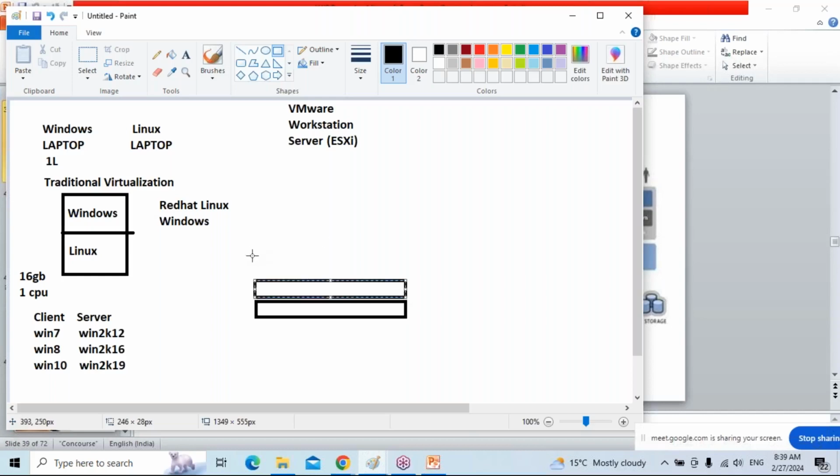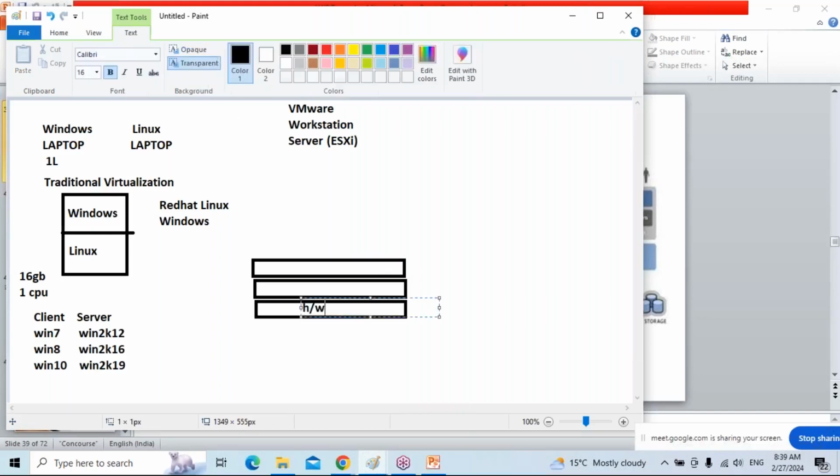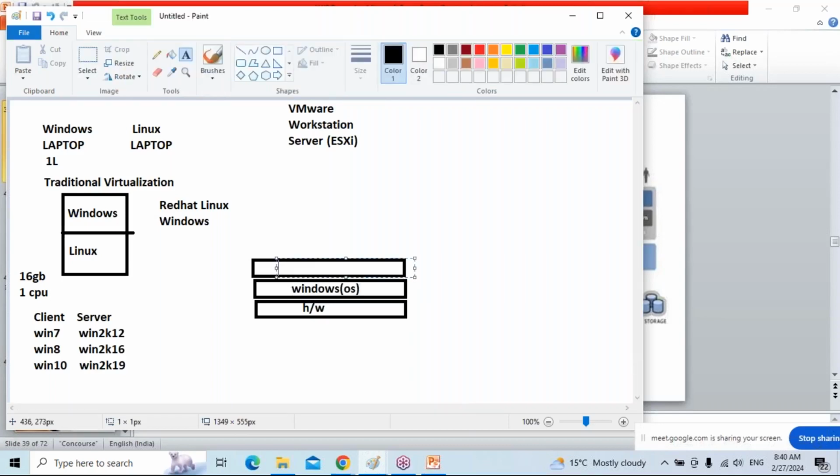On top of the operating system, install VMware software. Your hardware, like laptops and desktops. On top of that, install the operating system, Windows. On top of the Windows operating system, install VMware Workstation software.